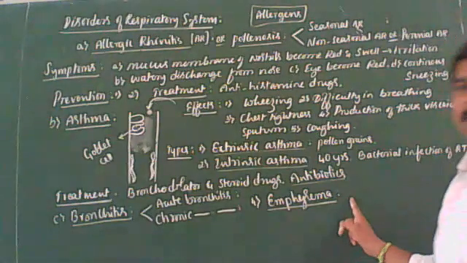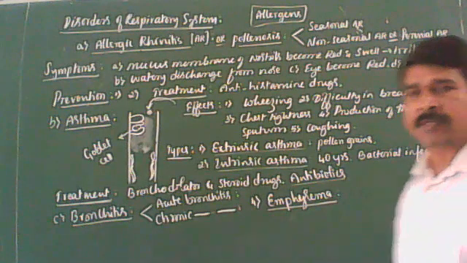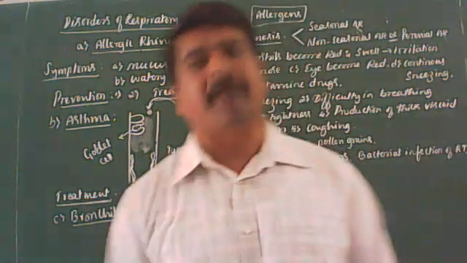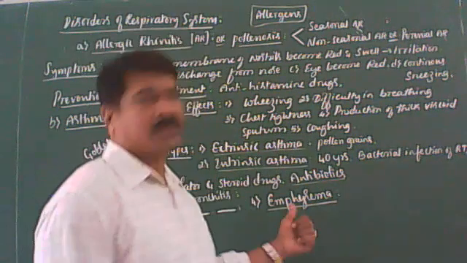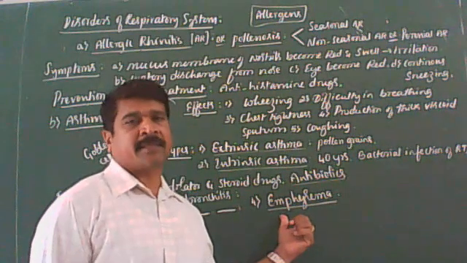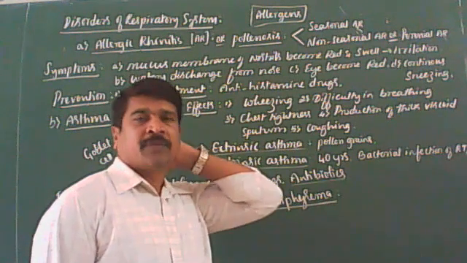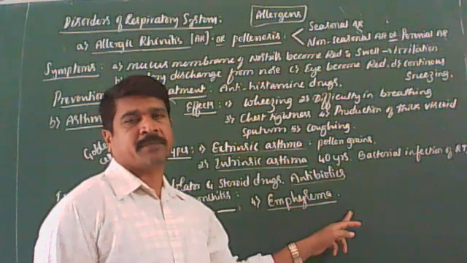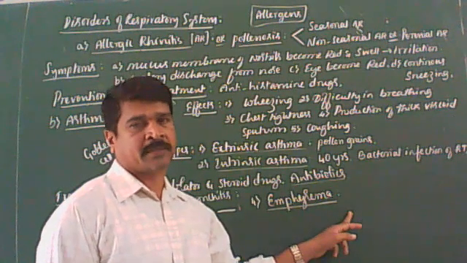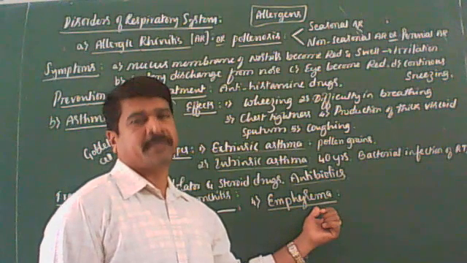So, emphysema is a chronic disorder of the lungs in which alveolar walls are damaged, due to which the respiratory surface area in the alveoli decreases. At that time, the person finds it too difficult to breathe out. This condition is called emphysema. You know that cigarette smoke contains a cancer-causing chemical called benzopyrene, and continuous exposure to or inhalation of irritating substances and chronic bronchitis are the major causes of emphysema.